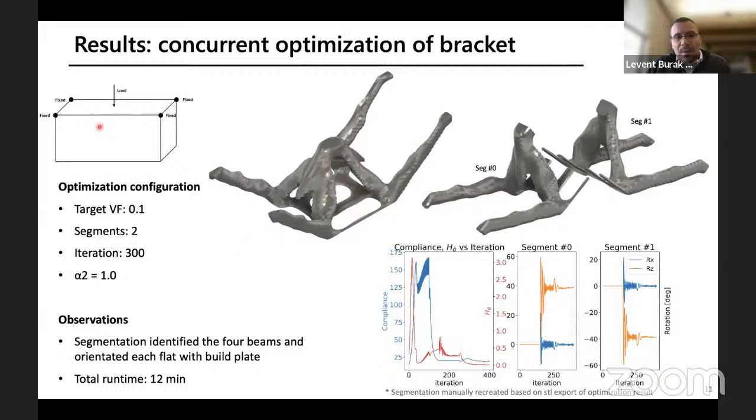Here's another example of a simple structure, fixed displacement boundary conditions, a load in the middle. We have the specifications for the engineering problem. We are requesting 2 segments. You can say 1, 2, 3, however many segments you desire, and a final structure comes out of this. But note that the segmentation is not done after the network topology has been finished, right? So these are done simultaneously.